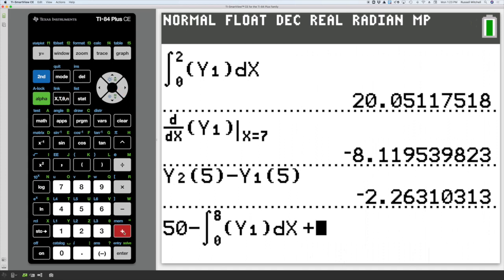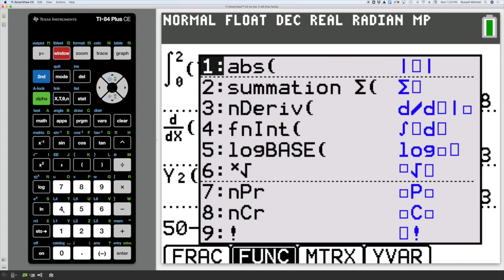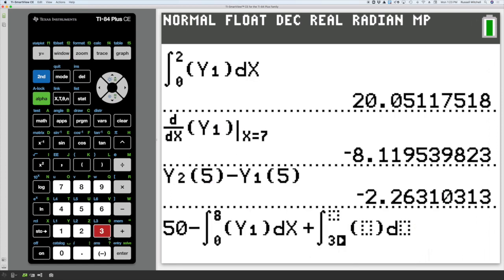And then we want to add to that the integral from 3. Now, again, why 3? Because they didn't start adding bananas back on to the display table until 3 hours after the store had opened. So from 3 to 8. And then the adding function, which is g of t, which was our y sub 2. And then press enter,